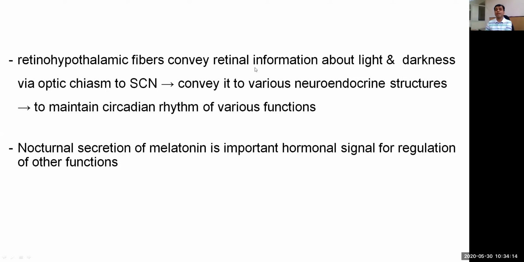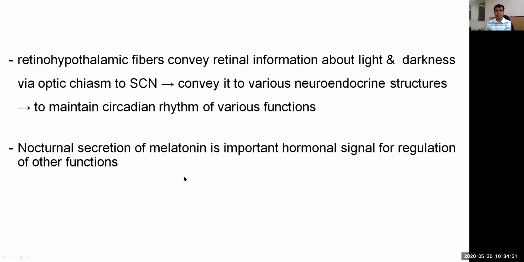Retinohypothalamic fibers convey retinal information about the light when the retinal receptors are stimulated because of the light or because of the darkness. This information is sent via the optic chiasm to the suprachiasmatic nucleus by the retinohypothalamic fibers. The suprachiasmatic nucleus, on receiving this information, conveys it further to various neuroendocrine structures that help in maintaining circadian rhythm of various forms. Nocturnal secretion of a hormone called melatonin from the pineal gland is an important hormonal signal for the regulation